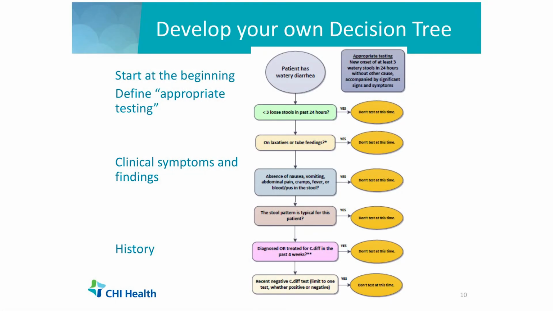We really don't advocate for retesting patients within 4 weeks unless they really are becoming symptomatic and they're spiking temps, they're getting abdominal cramping and pain, and they're saying this is just like it was last time, I feel like I'm really getting sick again. Then the doctor might want to go ahead. But that's a conversation you need to have with the physician and the patient about their symptoms, not just automatically saying, can I get a C. diff order?